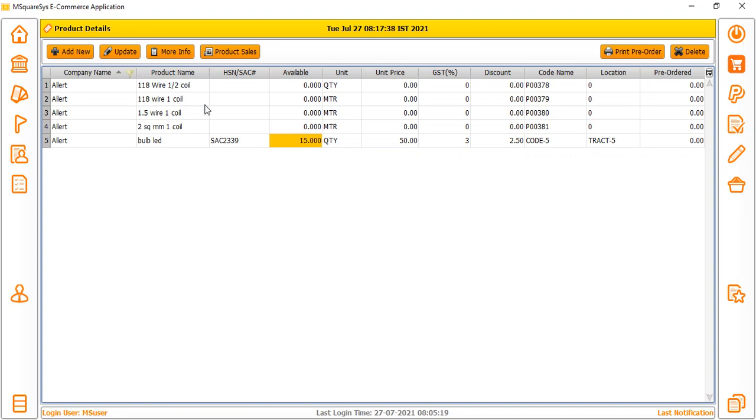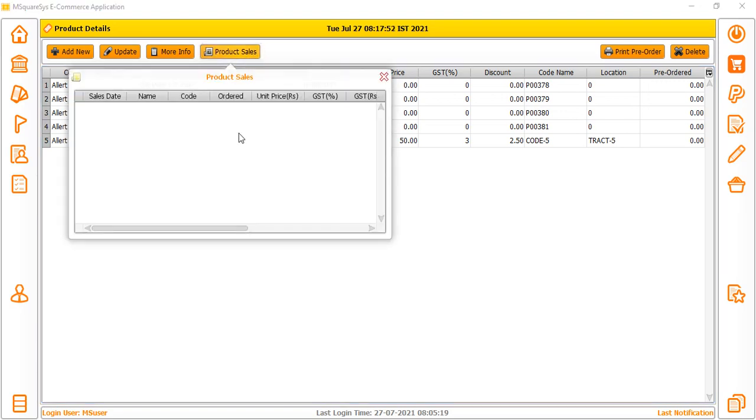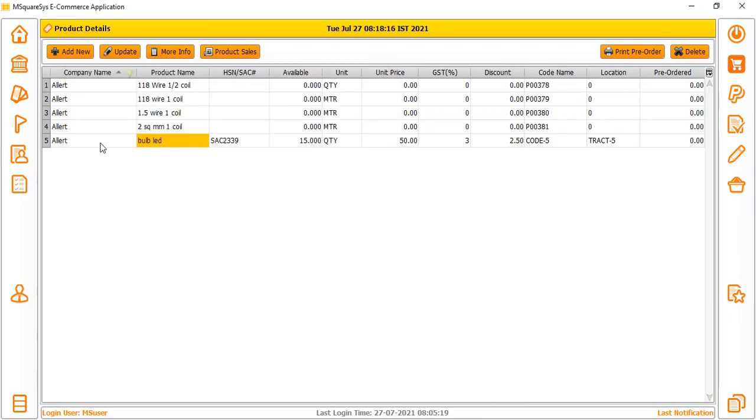Next, that is the information we have provided. This particular product, where it got sold out. So right now nothing is sold out. This information will give you the product sales. So it will give, for this particular item, how many people, when and where the items got sold. Suppose there is a problem in the product, you can find it from the product sales, where it will give which customer purchased and what his place is, all the information. And I will explain this once an order is registered.